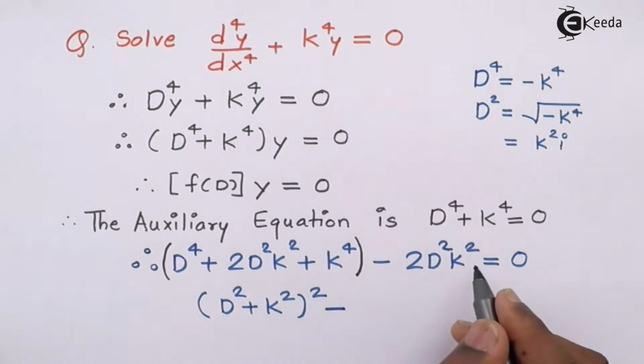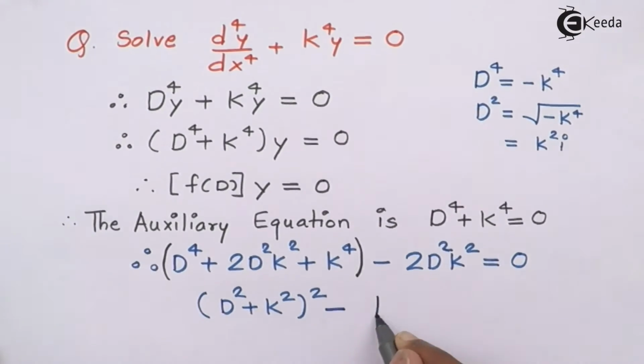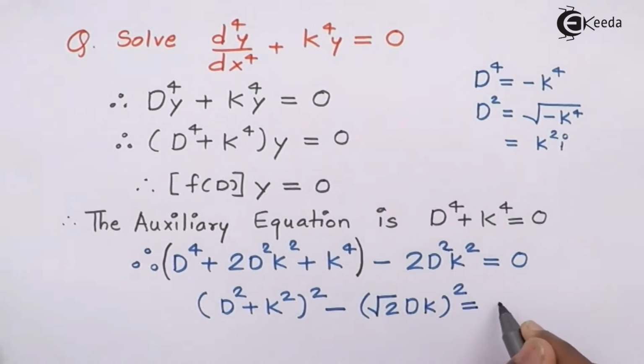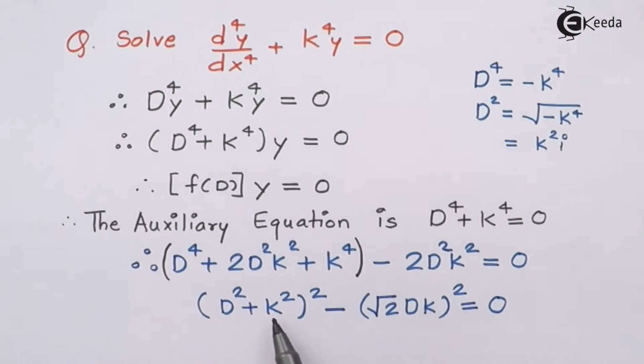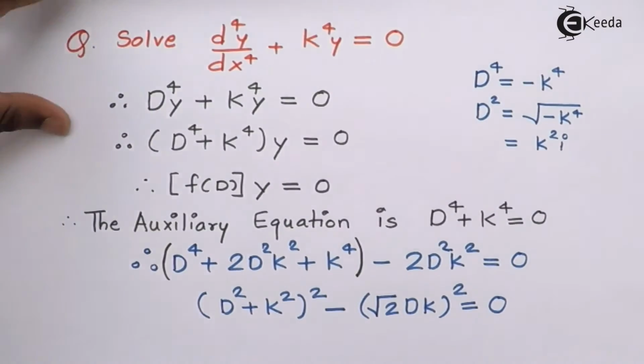Minus, here I'll take square common, so in the bracket we'll get root 2 dk, square outside, equal to 0. Now by doing this, I've converted that equation into the form a square minus b square, and we have a formula for that, which is a plus b into a minus b. So I will add this b, and then once I will subtract this b from a. So we'll get,